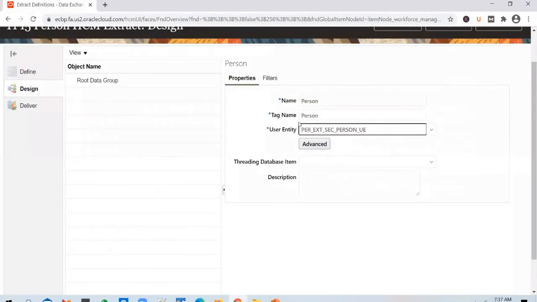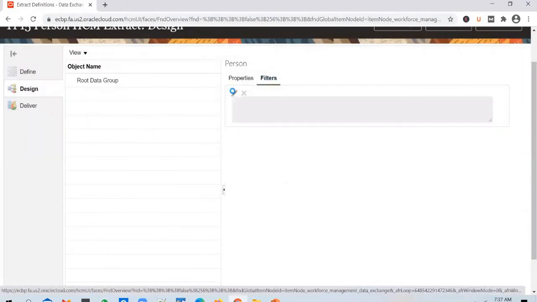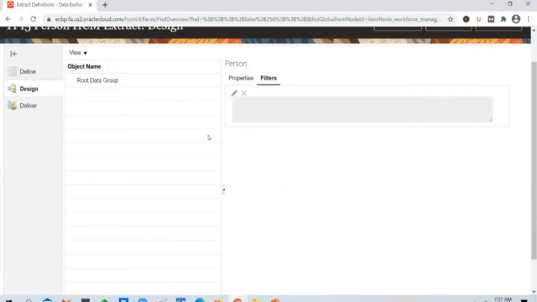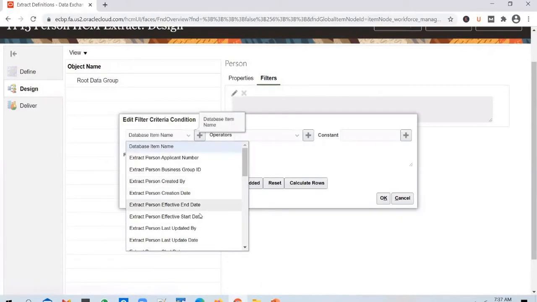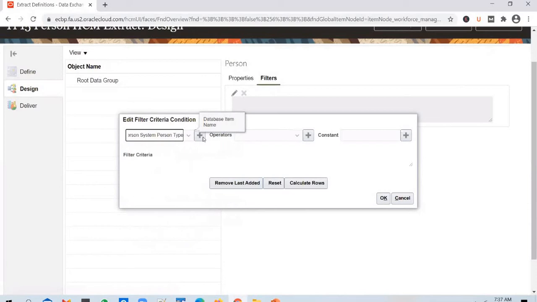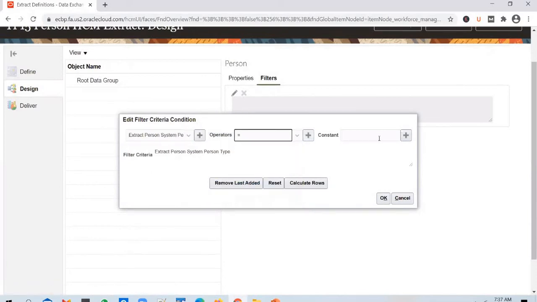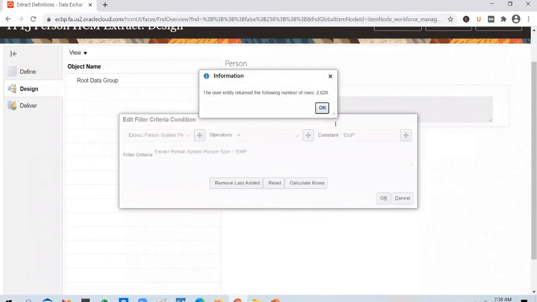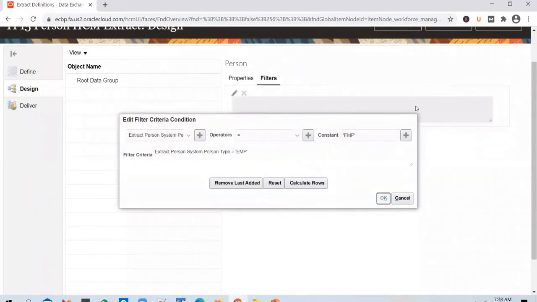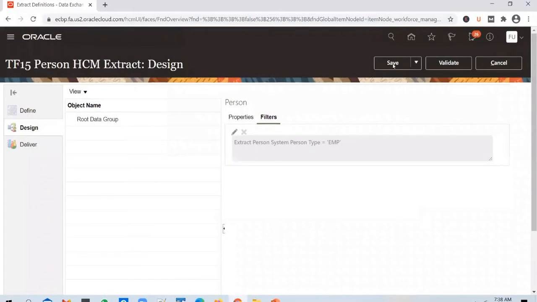Pick up the user entity and you go to filters and you can apply the filter. Person type equal to EMP, and you calculate the rows. So this is okay. And one more thing you can do is, yeah, you can save the extract.